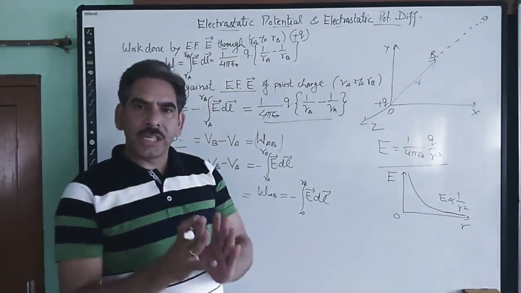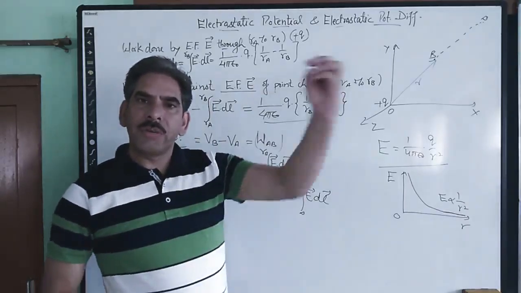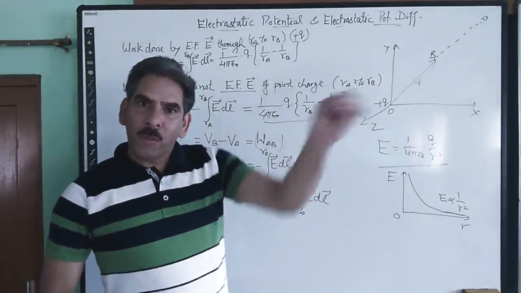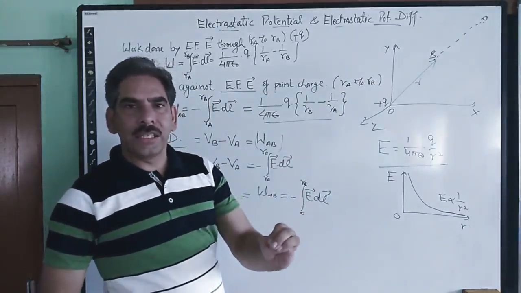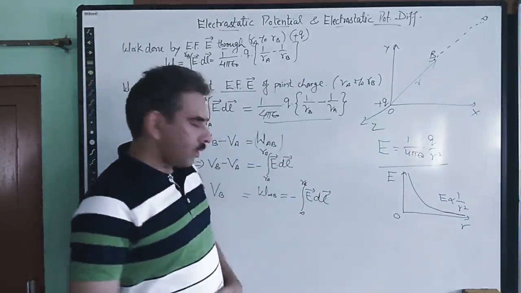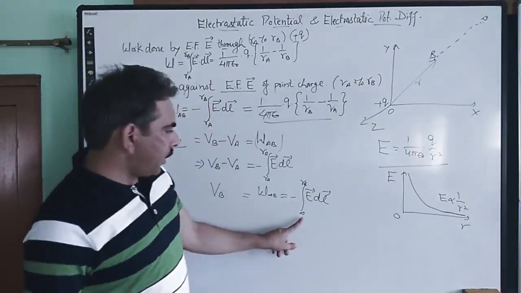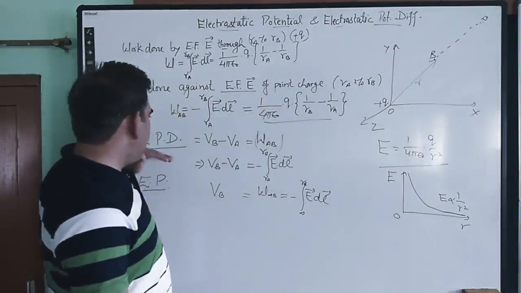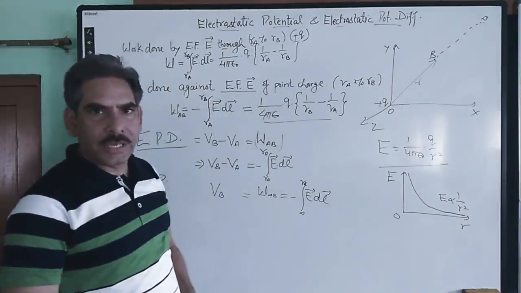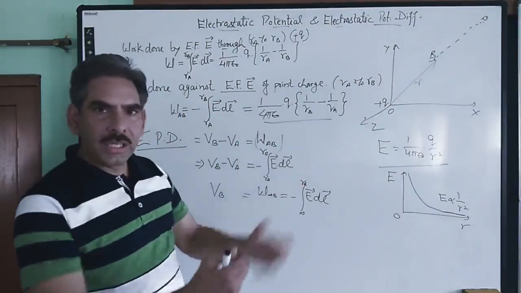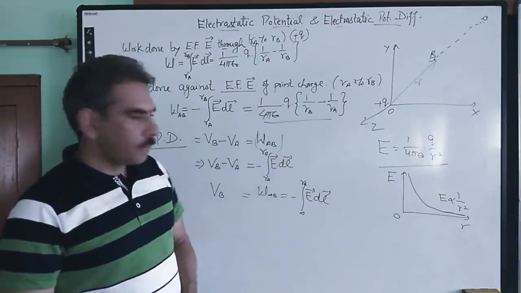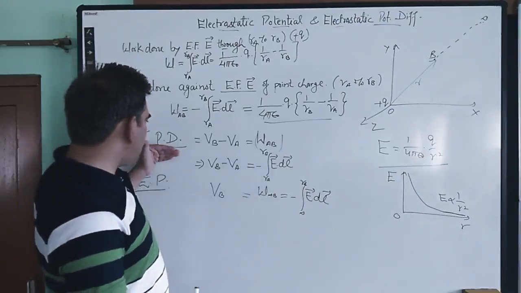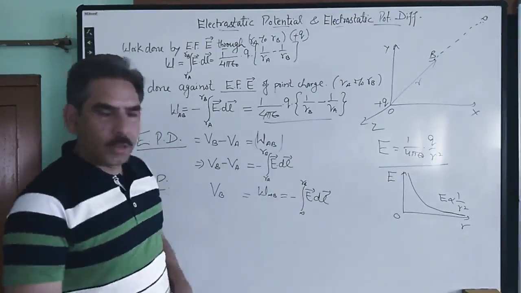So simply, electric potential means taking the charge from a point where the electric field is 0 to a point where the electric field is there. So that's why we are taking the initial point to be at infinite distance. So this term is called electric potential, and this is electric potential difference when both points are within the electric field of the given charge. Now we derive the expression for the electric potential difference and then for the electric potential.